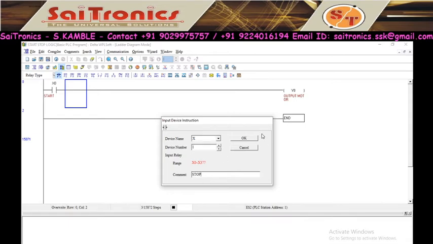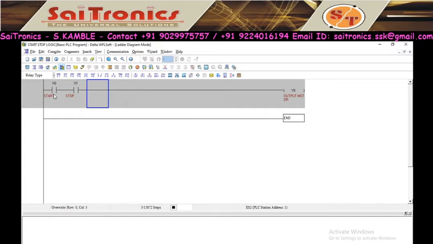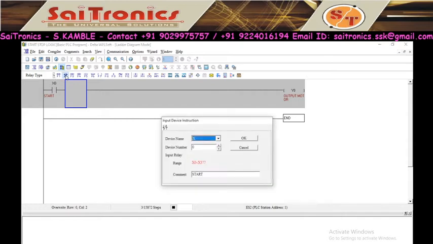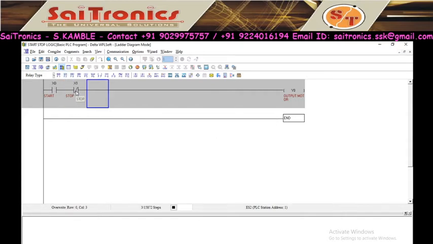stop. Now both are closed, both are open. So this is AND logic and it will not work. So to turn on the system using start, you have to use normally close stop button. So here I will select normally close stop button. So right now this circuit is complete, but only here it is open. So I will click on upload.